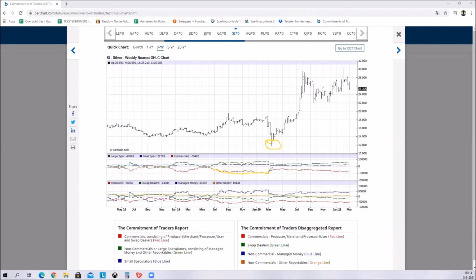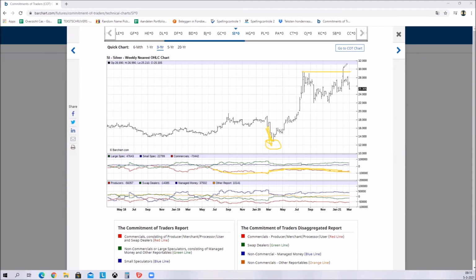But this to me is very telling that the commercials are closing a part of their short positions exactly when the spring was happening, and they haven't been as short ever since. You can see they're slowly increasing the shorts, but I really want to look at the extreme point. So there's nothing extreme yet, and